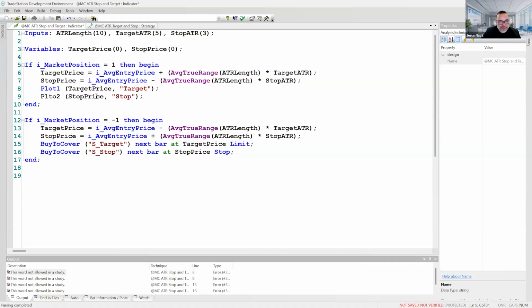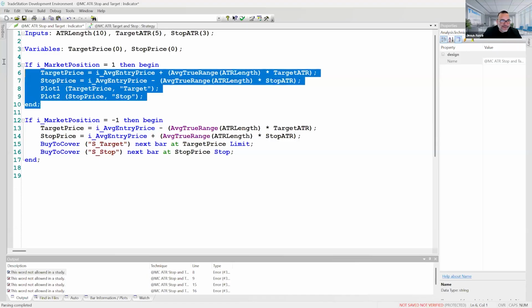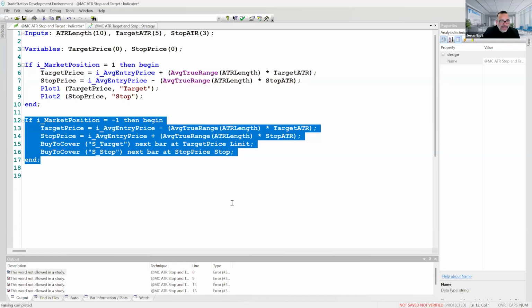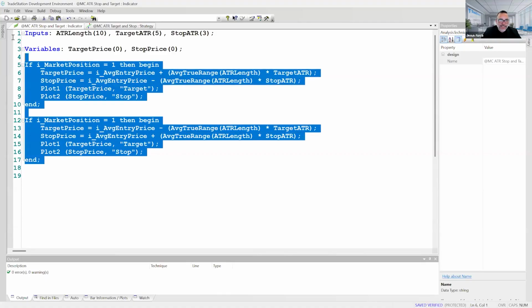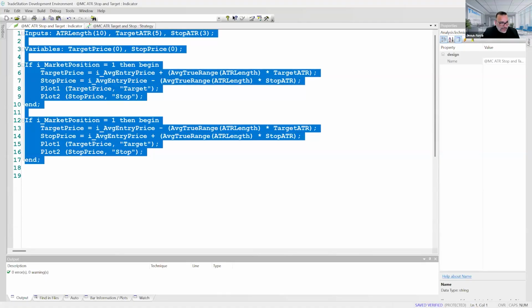All right, I'll copy this code into the chat also. Let me spell plot correctly. All right, and then I just have to do the other side. Let me go ahead and copy this and paste it here with the switching of the mathematical operators, and that's it. Let me verify, and everything gets verified. Let me go ahead and put this in the chat to see if you guys can copy it,